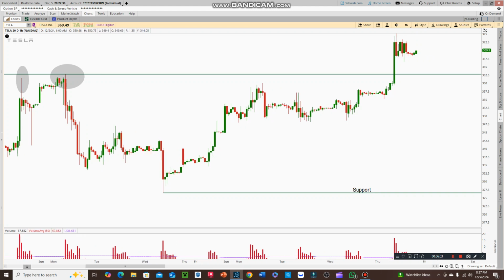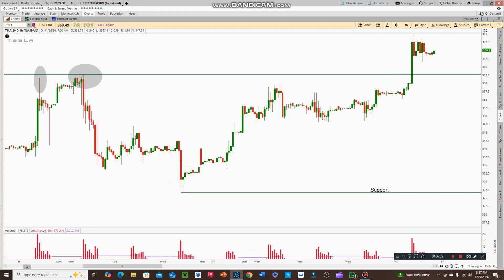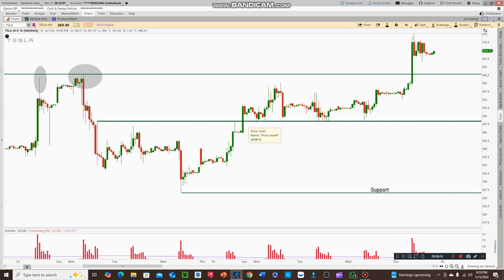So the next thing I'm gonna do is mark here. You see this candle here? This candle right here is a resistance level. Now, here's the thing about resistance levels. When a stock breaks a resistance level, that level now becomes support. So you can see here when Tesla broke this level of resistance at 348,